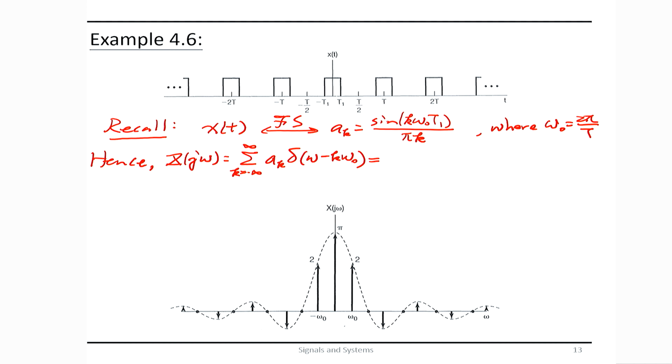Okay, and a k was given above, right? We can just plug that in. This will give us the summation